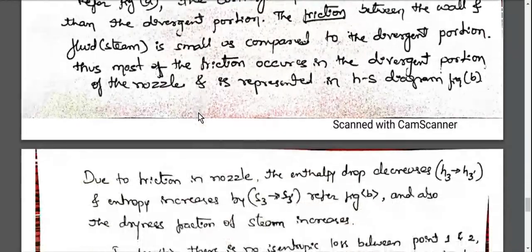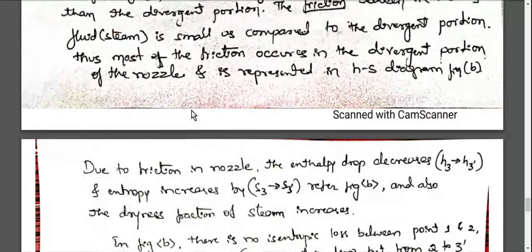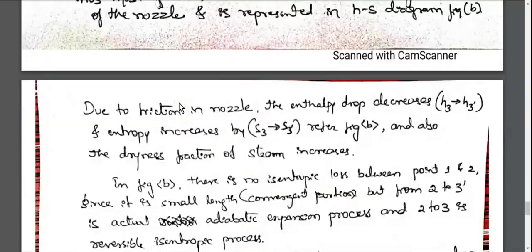That is the reason we have written here that the enthalpy drop decreases, and at the same time entropy increases. See here, the entropy at point number 3 is S3. The horizontal line indicates entropy, that is S. S3 is here, S3 dash is here. So S3 dash is more than S3. Understood? So enthalpy increases, entropy also increases, and the quality of steam also increases, but the enthalpy drop decreases. Okay, next,